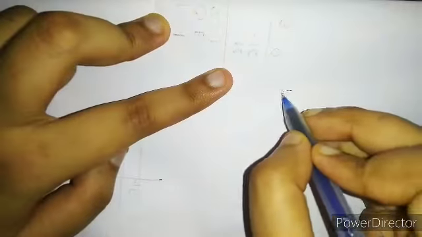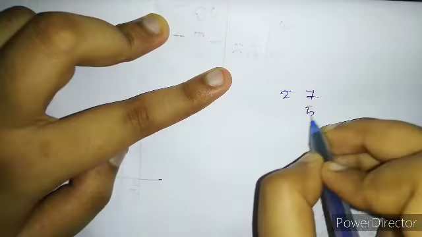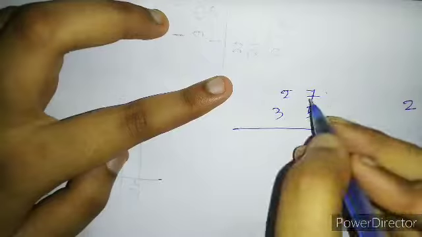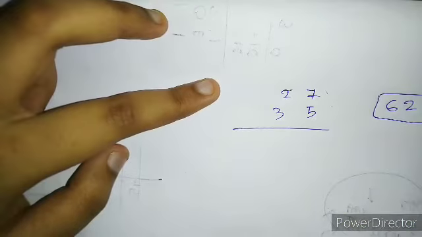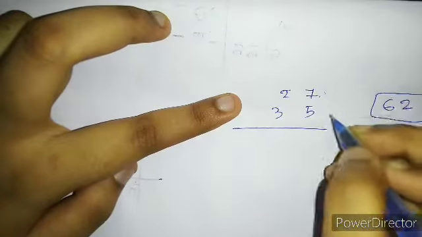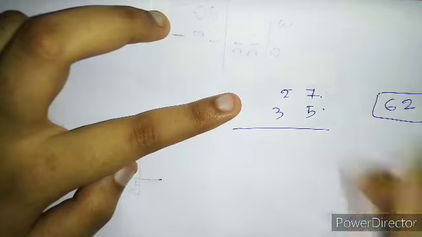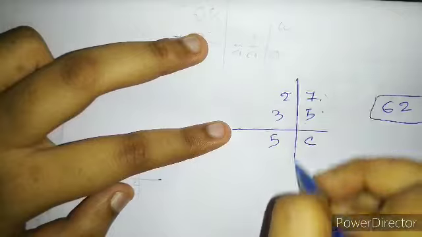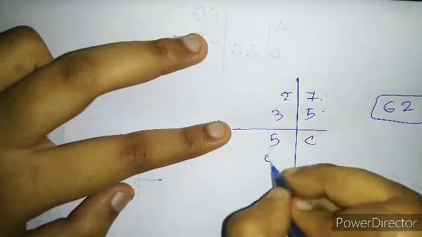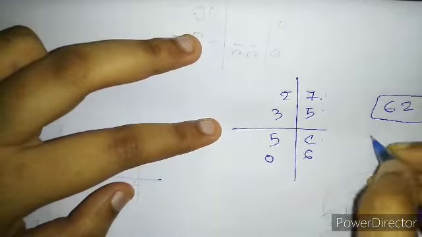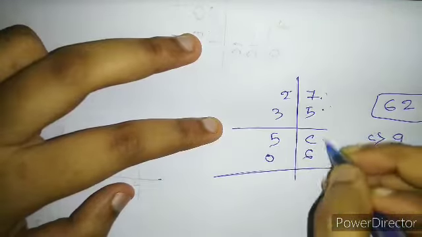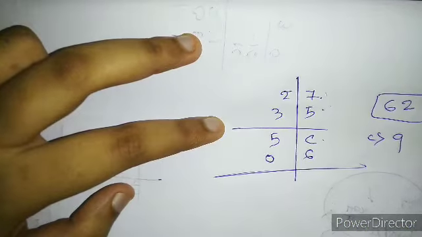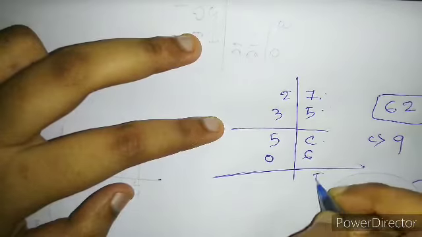Something like 27 and 35. Which answer do you want? 7 plus 5 is 12, 2 plus 3 is 5, so we want 62. What result will we get? 7 plus 5 is 12, counting A, B, C, so C and 5. Okay, so add 06, because C is obviously greater than 9. C is 12, plus 6 is 18. Subtracting 16 gives 2, and a carry is being generated.